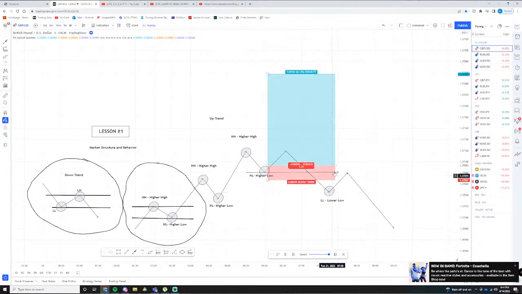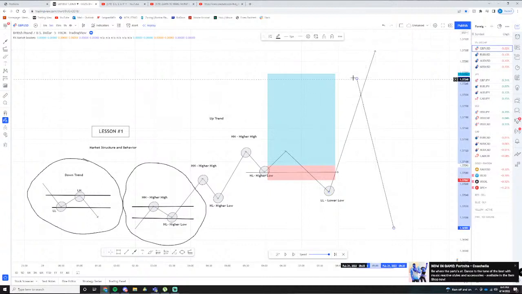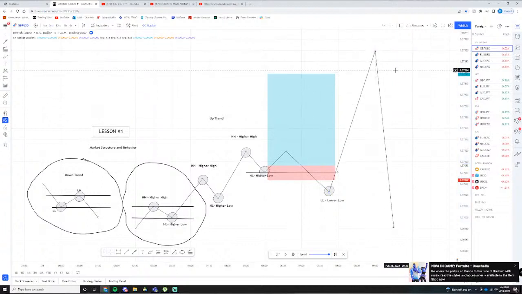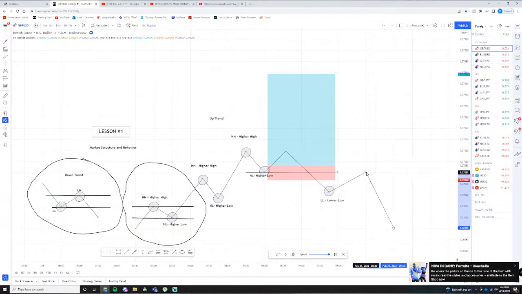Sometimes it happens, but rarely does price then skyrocket back up. I mean, whatever. It could have been news. Donald Trump made a tweet. I don't know. God knows what happened. But most of the time, once the market breaks this structure and breaks this higher low, you're going to see it push down and create a new lower low,